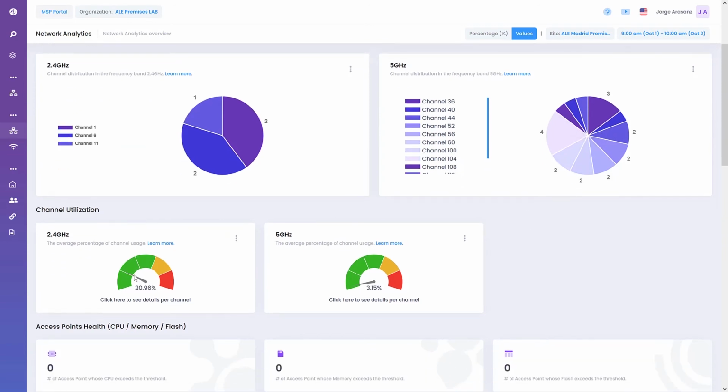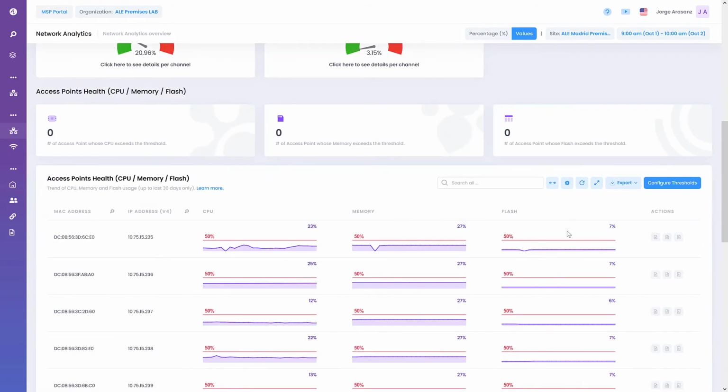The channel utilization, as always, shows 2.4 is more crowded. We have a neighborhood surrounding our premises, with other companies in the same building, all of them having their own wireless network, and you know that 2.4 is a little bit more congested. That's the reason we see here that the channel utilization is 21%, while in 5 gigahertz it is almost 3%, which means it is completely available.